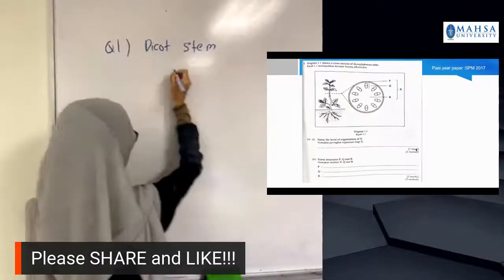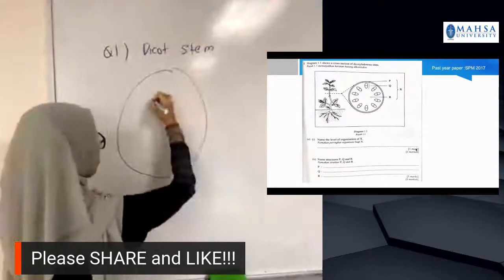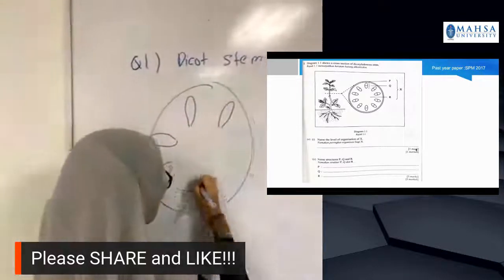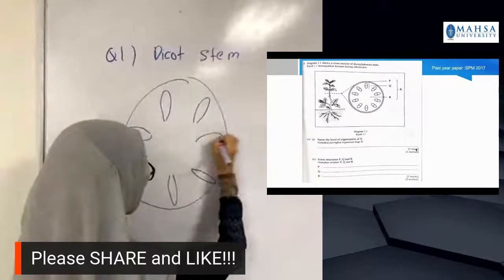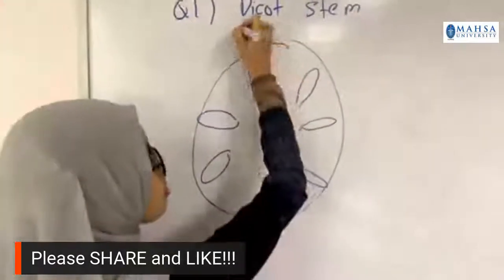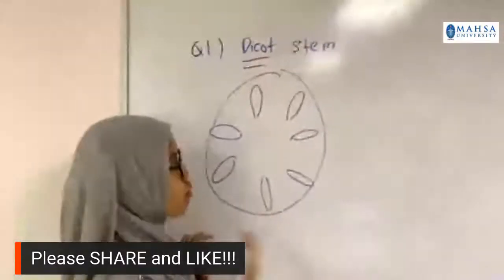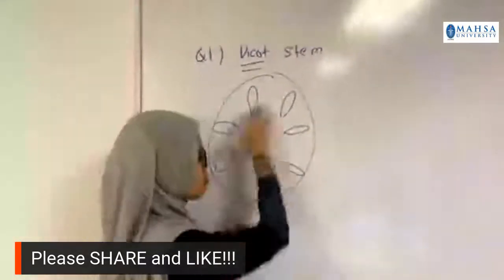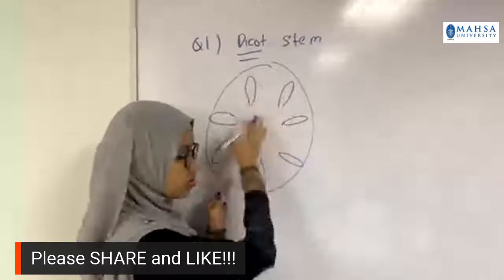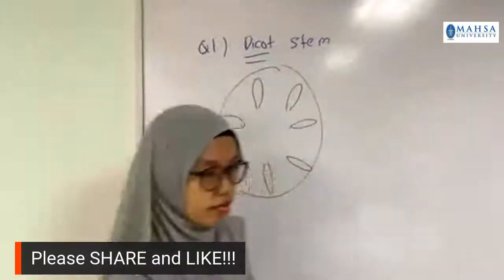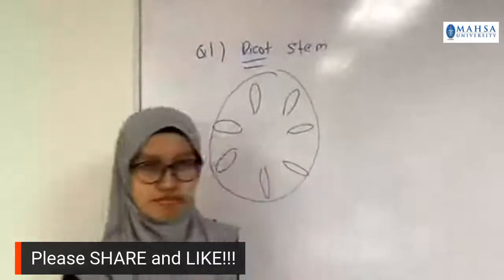In the cross-section, the vascular bundles are arranged in a ring, which means this one is dicot. However, if it is monocot, the vascular bundles will be scattered around the cross section. So the first question is,